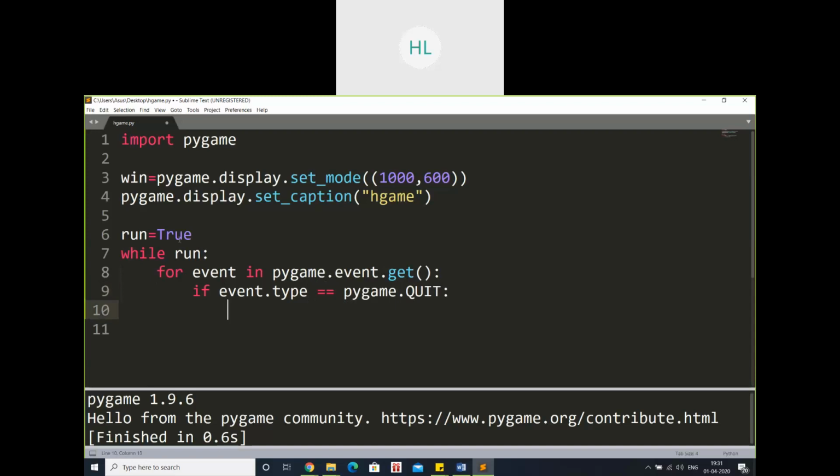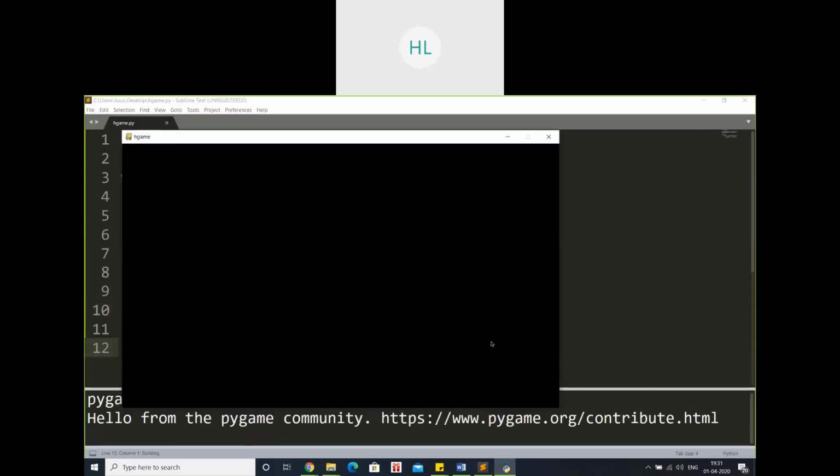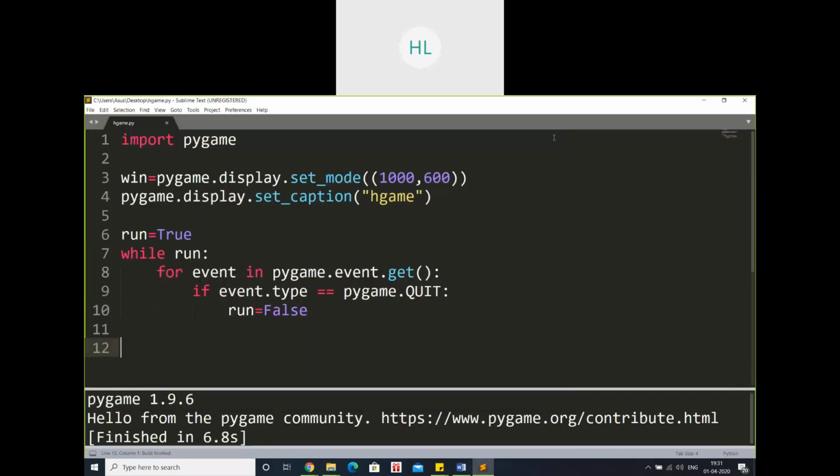I'll just make run as false, so that my window is no more visible. All right, so now let's try and execute this. My window is visible, its dimensions are 1000 by 600, and once I press on quit, it quits. Now quickly I want you all to type this code down and execute it,